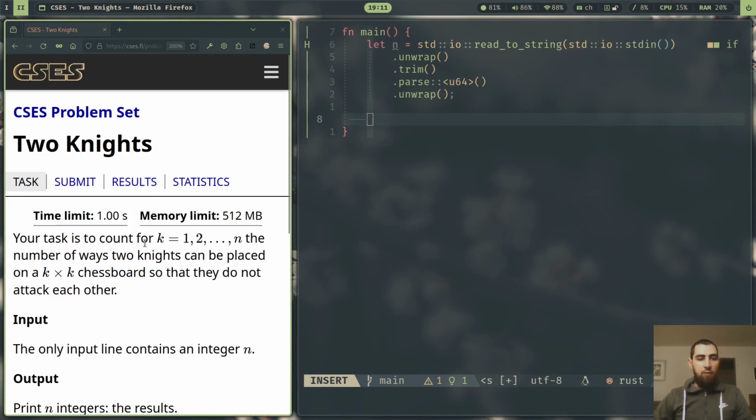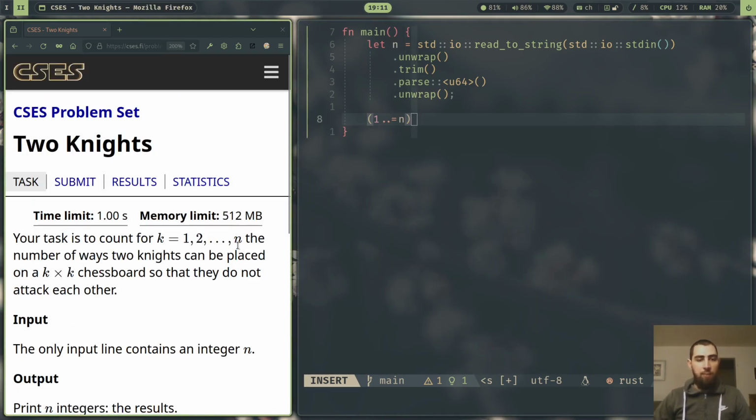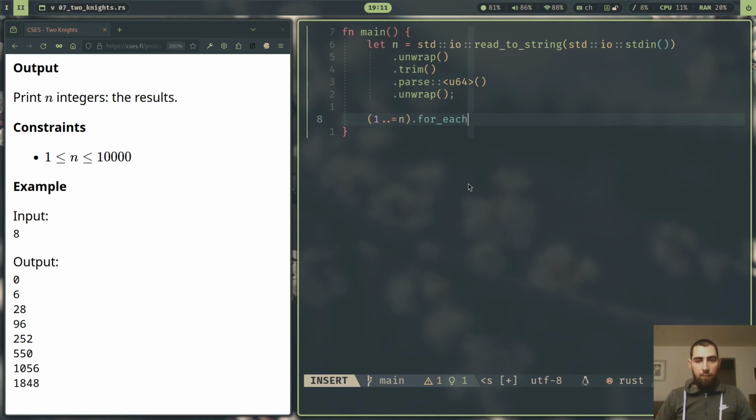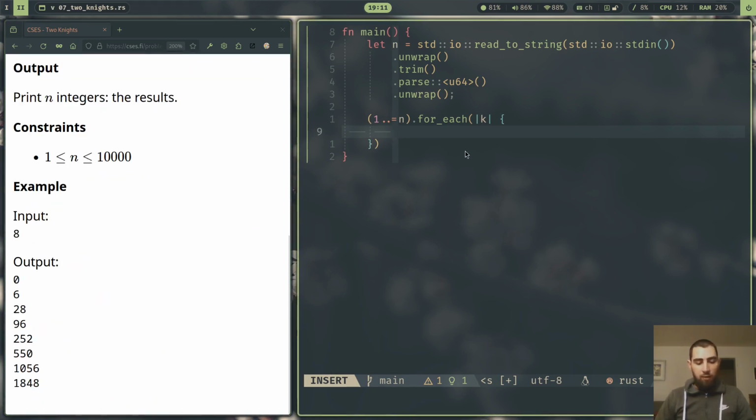Then, as you can see, we have to iterate over each integer up until n, right? So we start at 1 and we include n, and then for each k, so in the first iteration k is 1, so we consider a 1 by 1 chessboard. On the second iteration k is 2, so we consider a 2 by 2 chessboard, right? We print out